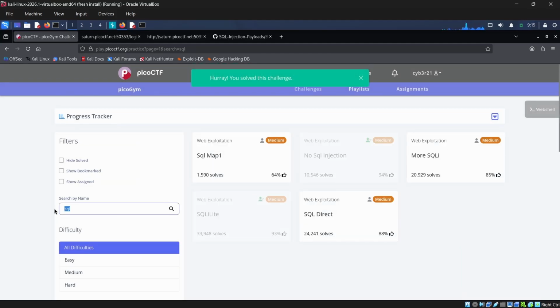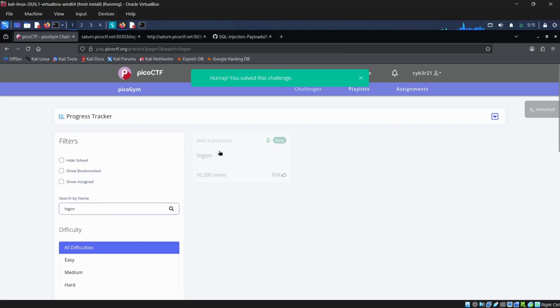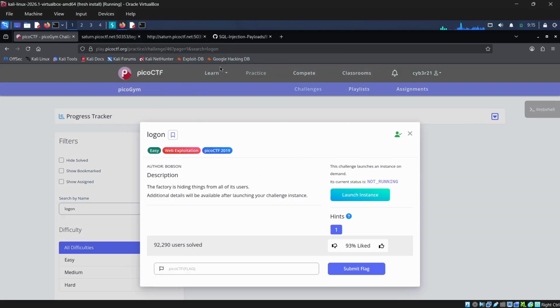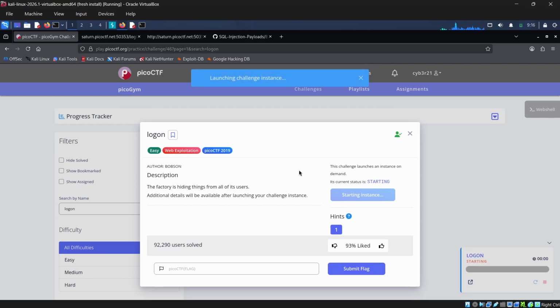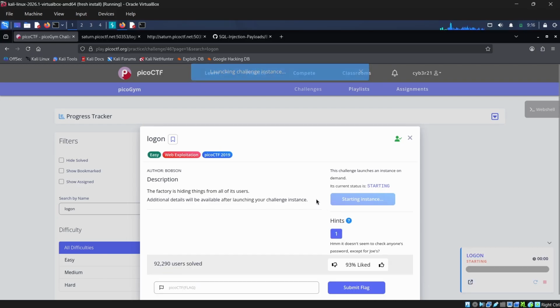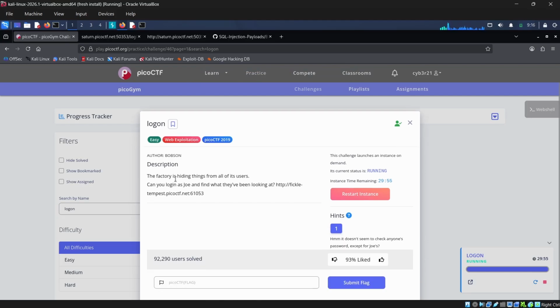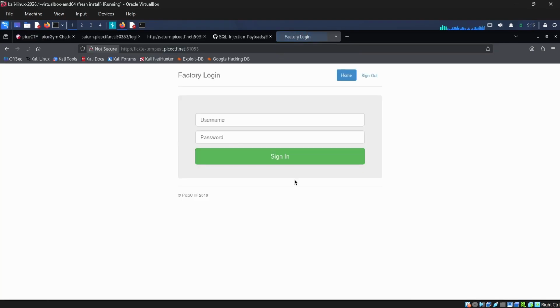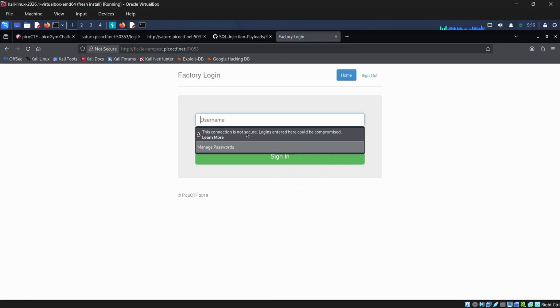Other than that, we also have some other labs like the logon, which is again something that you should know. Once I move here and start this, and once I'm able to get a URL, I'm just going to visit this particular URL, and here we also have a factory login which has the username and